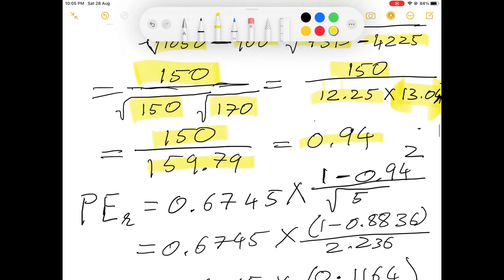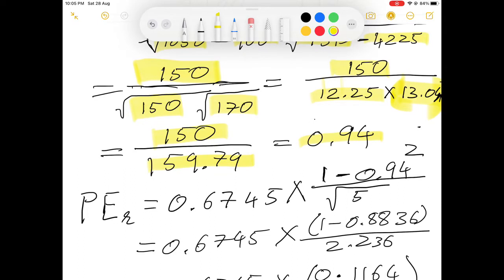Alright. So there is one further calculation, which is probable error, which we have to calculate. But before that, 0.94 is highly correlated, highly positively correlated. If it is a positive sign, we say positively correlated. If it is a negative sign, we say negatively correlated. Any value between 0.7 and 1, we call highly correlated. Any value between 0.3 and 0.7, we call medium correlation, and below 0.3 it is low correlation.